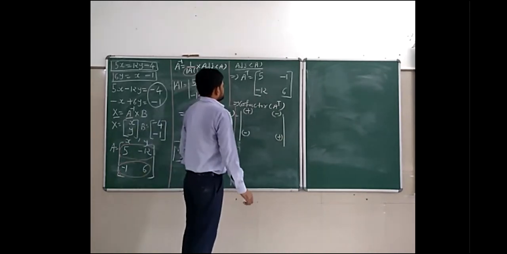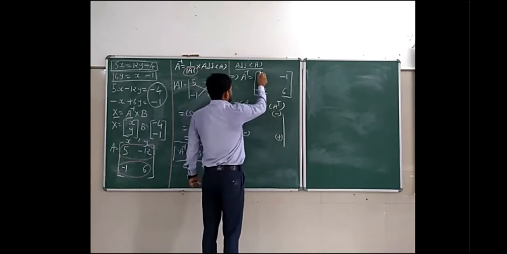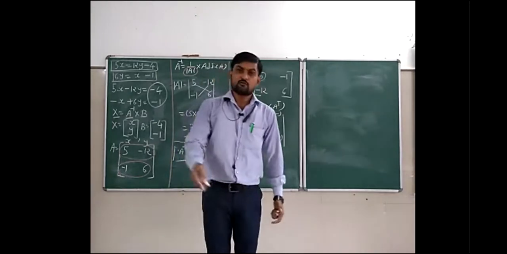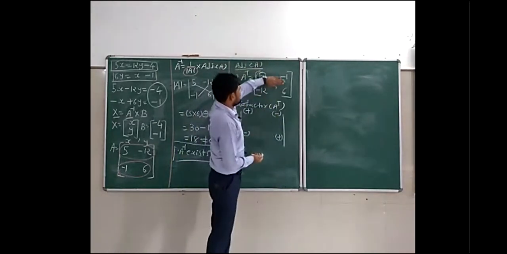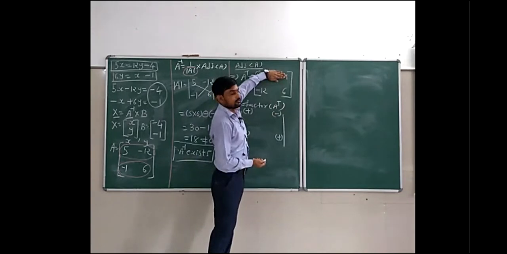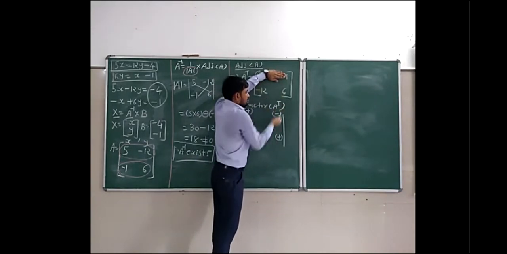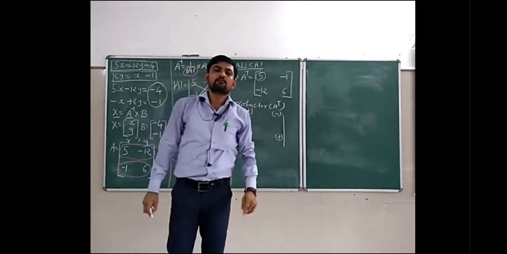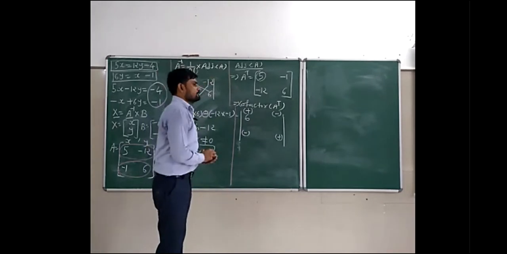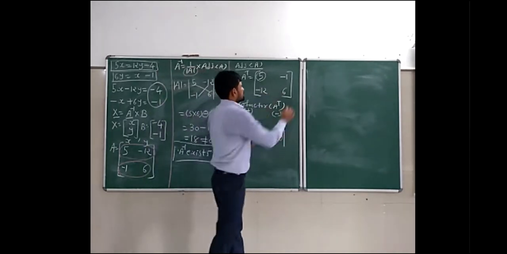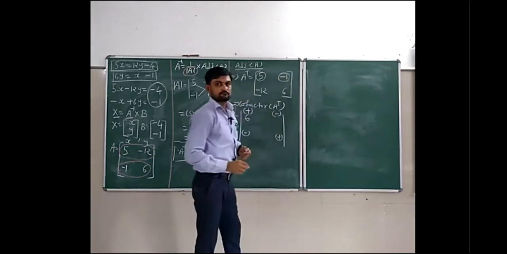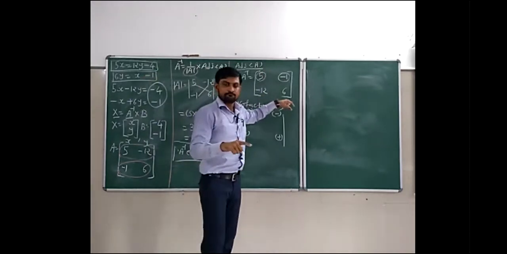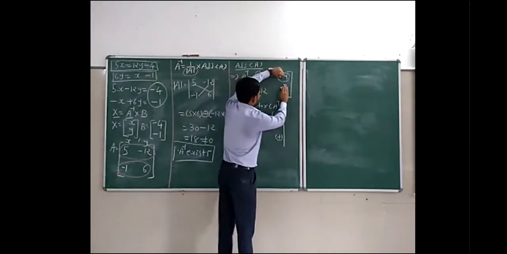Okay, then now we'll find the first cofactor of first row, first column. If you want to find the cofactor for first row, first column, then just hide this first row and hide this first column. So what is remaining? 6. Then for this, just hide first row, second column. First row, second column. What is the answer? Minus 12.